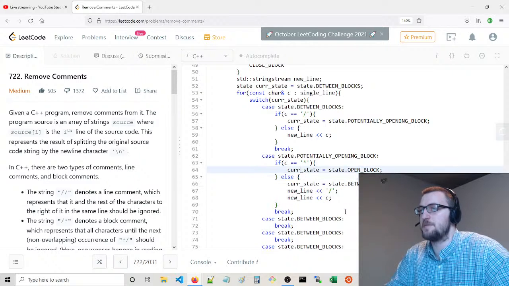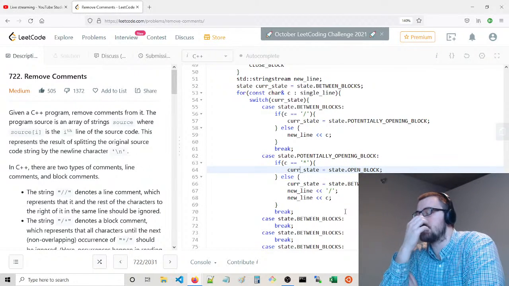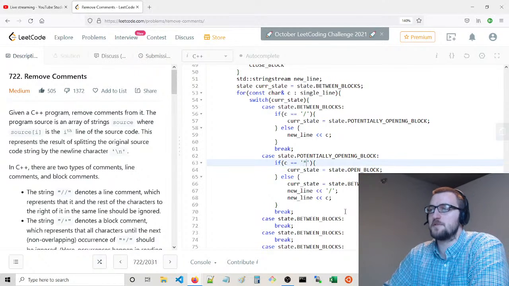So basically you're expecting the next character to be an asterisk, but it's not. If it is, then you're going to open block and you're not going to push this character. But if it isn't, then you're going to push that / and also whatever character, and you're going to go back between blocks. So you're still in the between block state.